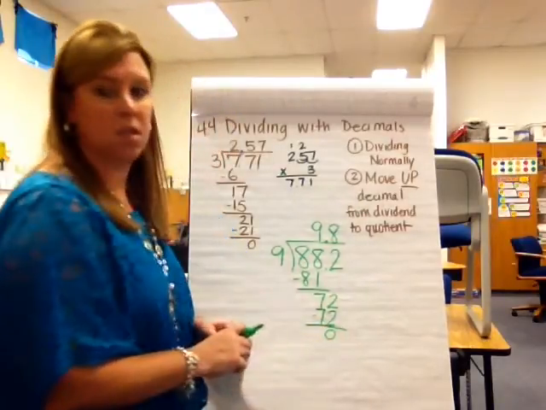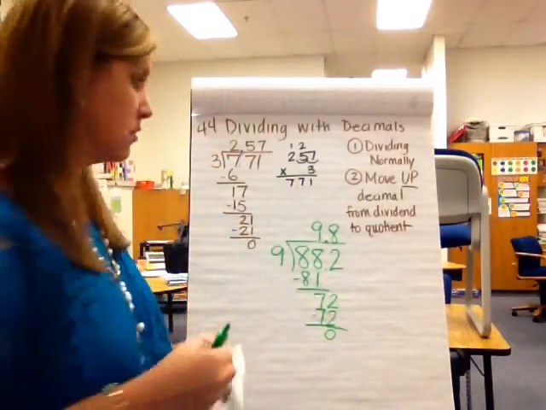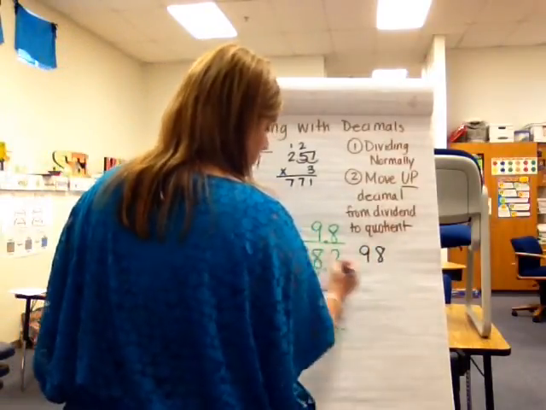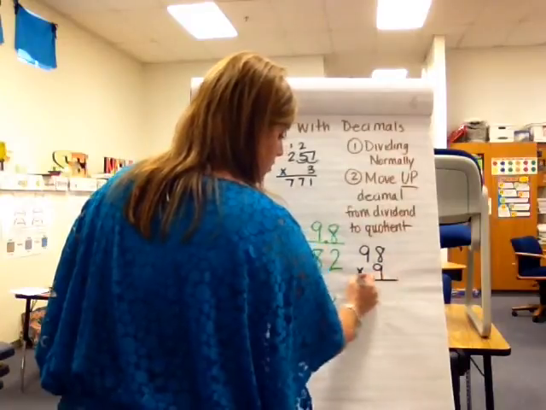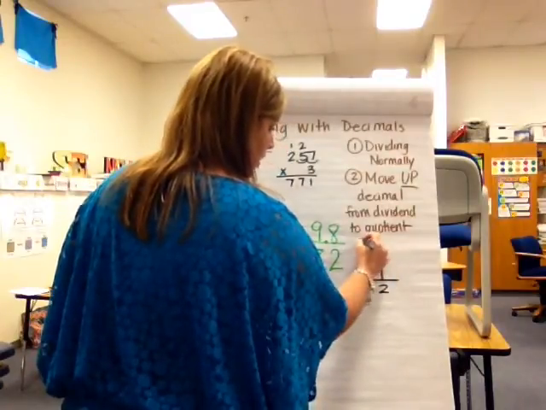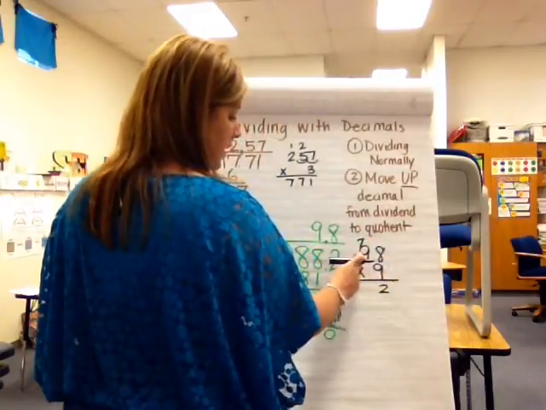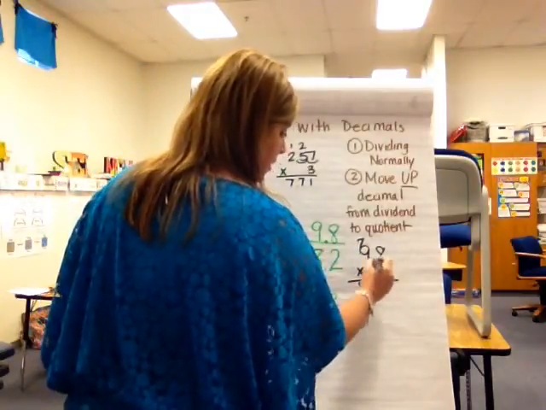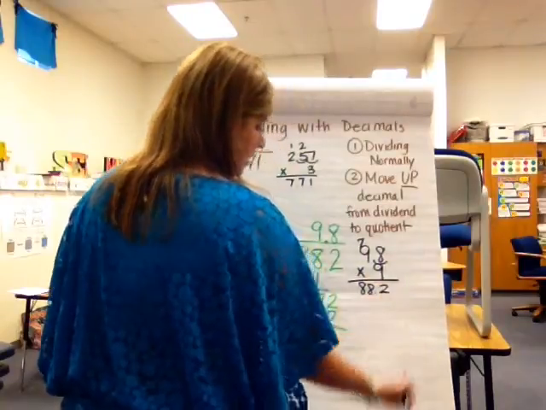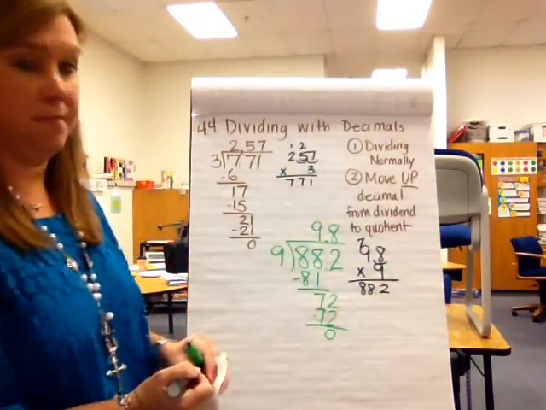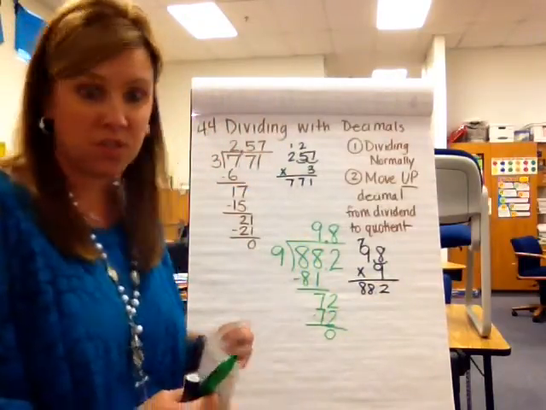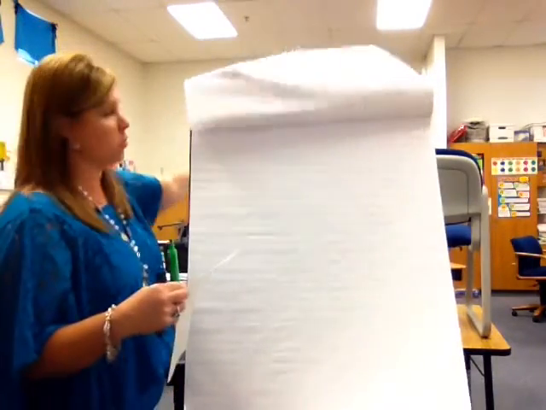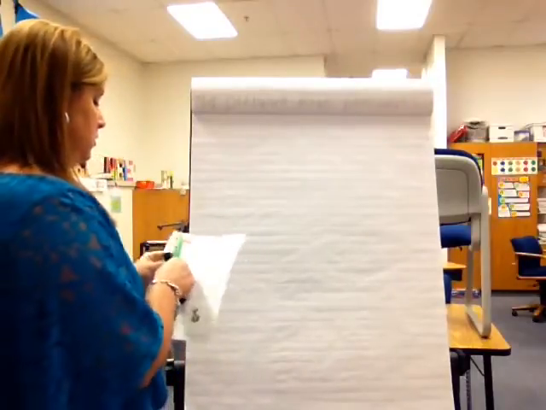We move nothing. So once again, how do I check? Do the inverse, which is 9 and 8/10 times 9 wholes. That's 72. Carry my 2. My 7. 81. Plus 7 is 88. There we go. Division, division, division. Now, I will say that you might have an instance where, for example,